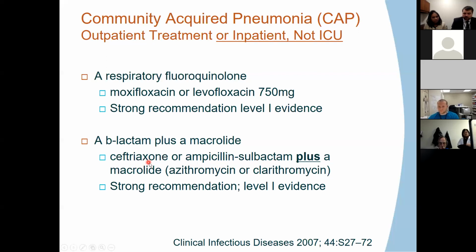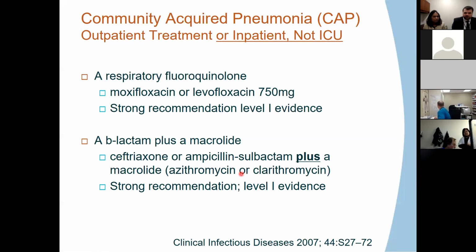Now, when we look at this regimen, ceftriaxone plus azithromycin, covering atypicals is part of the reason for the azithromycin, but really it's to double cover strep pneumo. The patients that get this double coverage actually have better outcomes. There was a study through Mayo Clinic that looked at patients that had community-acquired pneumonia that had